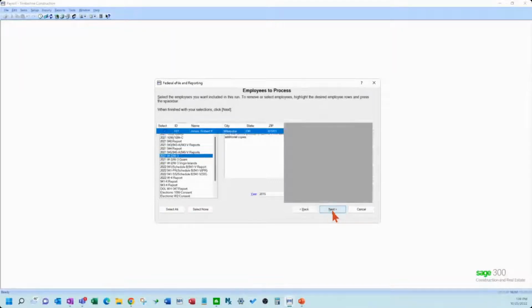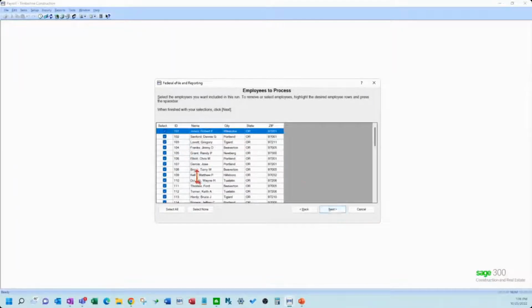You just hit next. It's going to list out all your employees here. Usually you're just going to hit next through the wizard, but you can scroll through and see if maybe somebody's city, state, or zip is missing. Usually all of these are selected and you just go through the wizard. I'm going to hit next again.